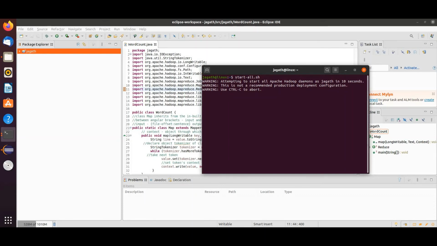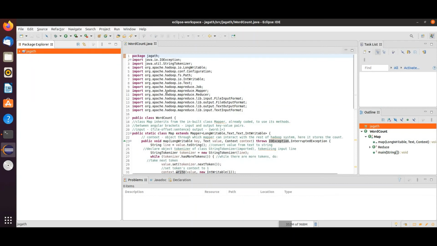This is a shell script which will automatically run all of your Hadoop daemons. As it says, it should take about 10 seconds. Okay, now that all of our daemons are running,